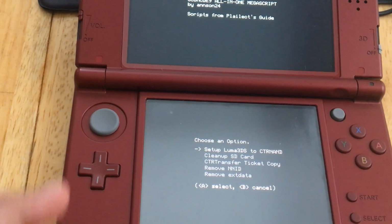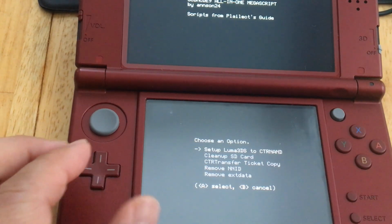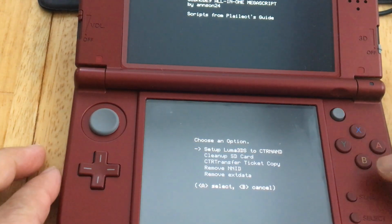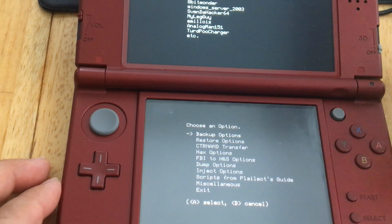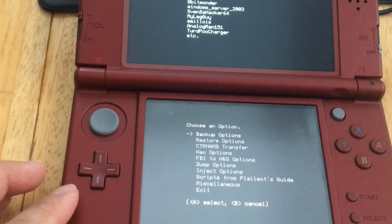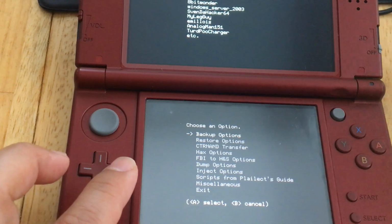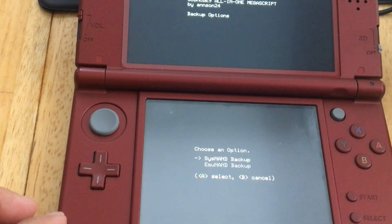Okay, so there's no option to go back, so I'm just going to press B. I assume that's because the video that I was watching didn't tell you what to press. So I'm going to press B for cancel, and that will take you one screen back. Okay, and then we are going to select backup option. It's the first one. Then we're going to press A, and then